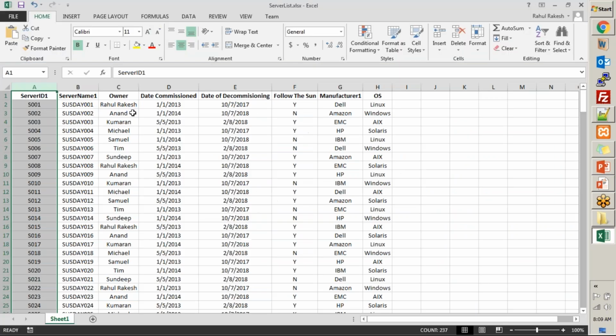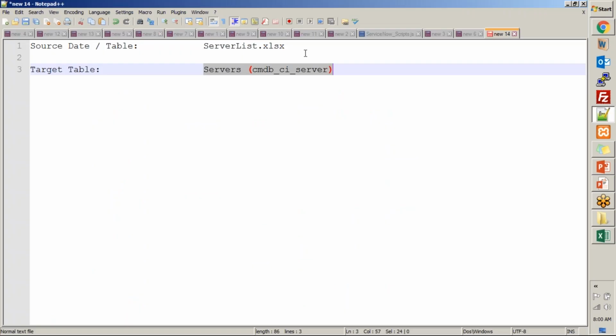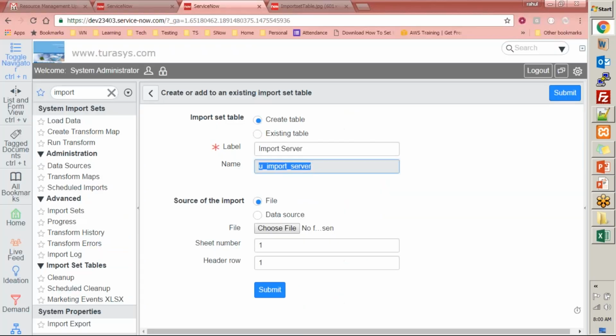So my import set table, I just created set table. My import set table will be U import server. Okay. And then source of the file import. This time we are doing a file import, so I'll keep this radio button selected, the file import, and then